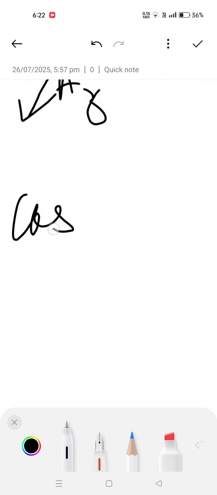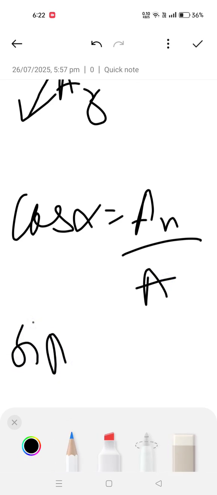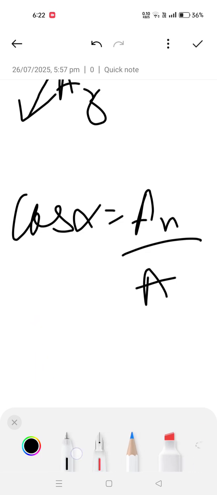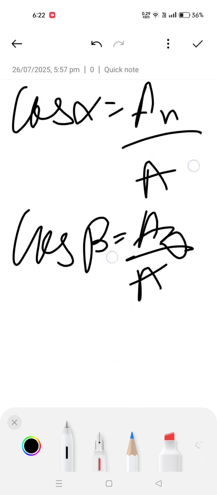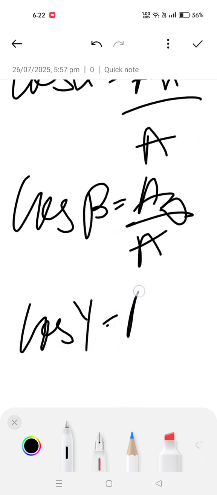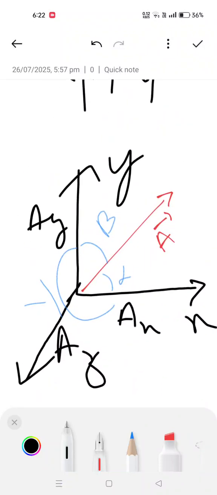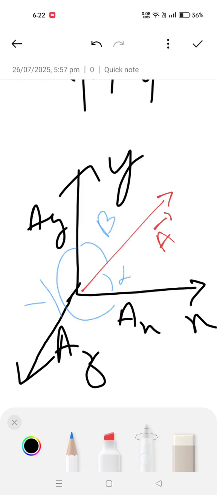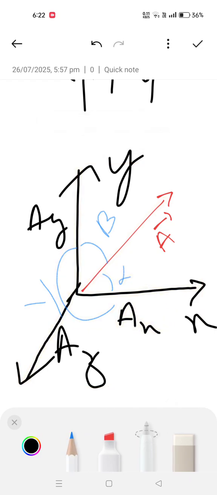So cos alpha can be written as ax by a. Similarly, sin is perpendicular by hypotenuse. Cos beta can be written as ay by a, and cos gamma can be written as az by a. देखो इधर cos इज बेस बाय हाइपोटेनस, हमें यहाँ पे बेस पता चल गया है, ये इनका बेस है. एक मिनट, ये जो है बेस है, ये बेस हो गया, और फिर ये हाइपोटेनस आ गया. This is the A vector. ओके,